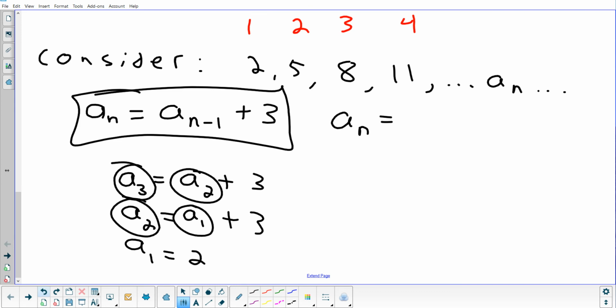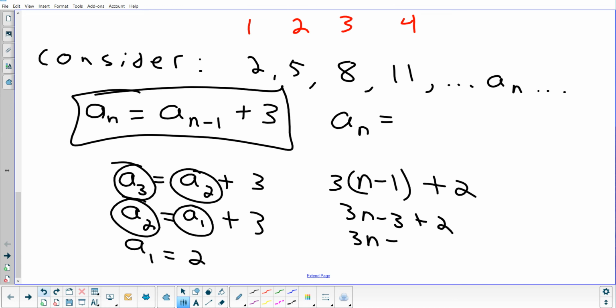All right, can you say that again? Take this number and do what? Minus 1. And then times 3. Times it by 3, okay. Plus 2. Let's simplify what you just said. All right, so 3n minus 3 plus 2. So 3n minus 1. So the idea here, if his idea works, is take the position, triple it, and minus 1.